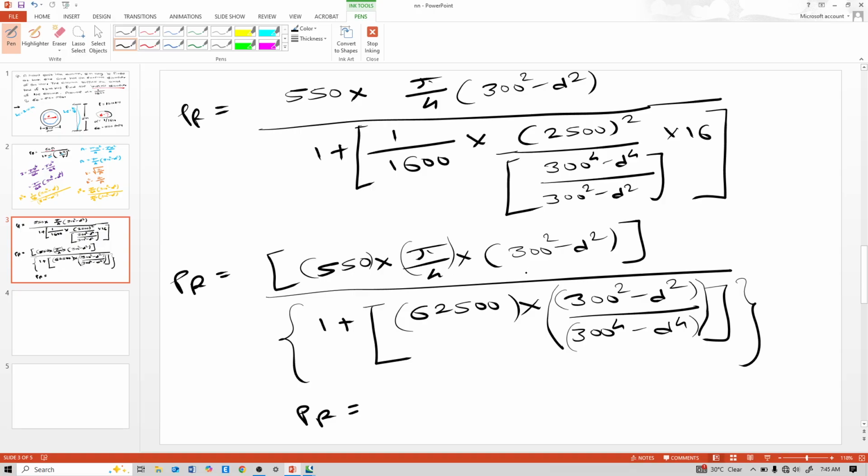300 square minus d square divided by 1 plus 62,500 into 300 square minus d square divided by 300 raised to 4 minus d raised to 4, bracket complete, again bracket complete, again bracket complete, shift solve. So this P_R,